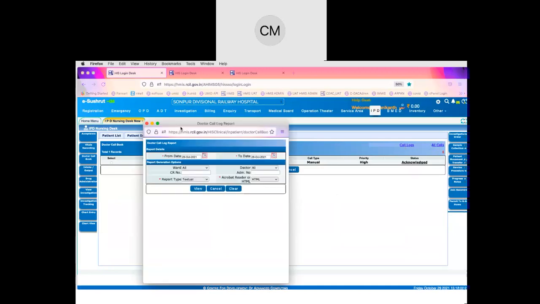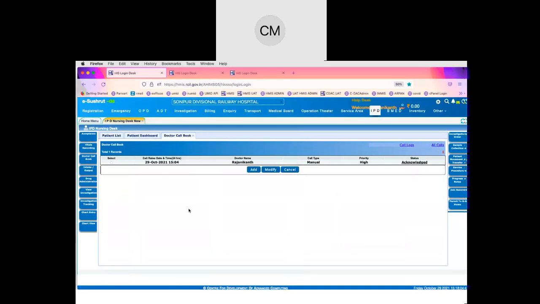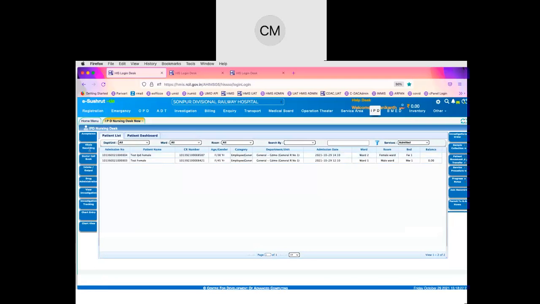So now when we come to the nursing desk, the doctor call book related logs can be checked by the nurse also, and she will come to know whether the call has been acknowledged by the doctor or not. If a doctor has failed to acknowledge, probably she can call back the doctor, or she can raise another request to a different doctor. So those things can be done from this window.